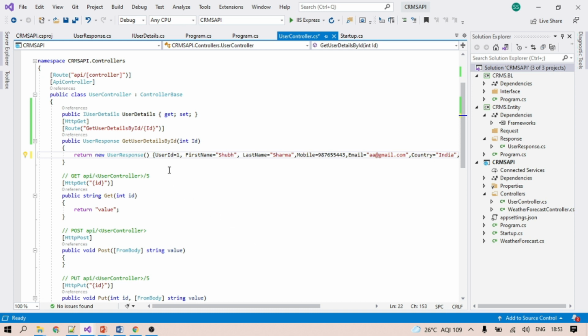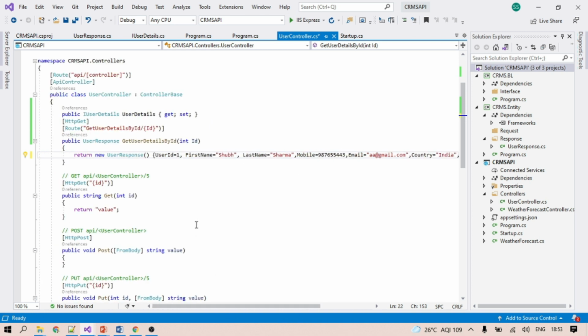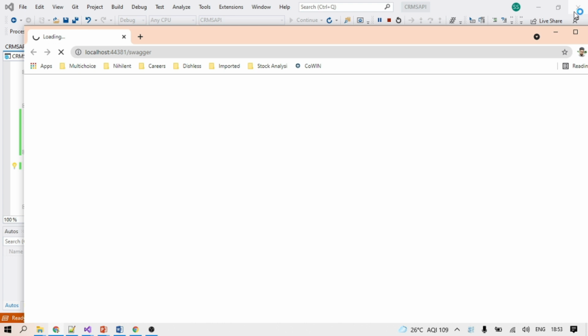Okay, so now we have attached a hard-coded response with this. After execution of this method, we will be getting a hard-coded response. Currently we are using a browser. Actually, Swagger is already implemented in this API, so we are getting a Swagger UI, which is good.